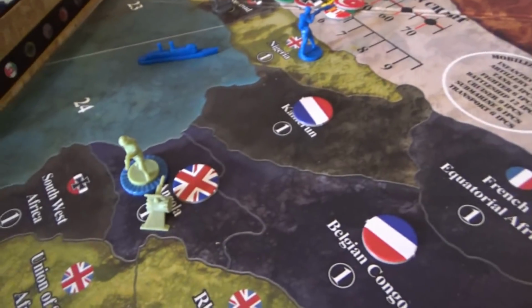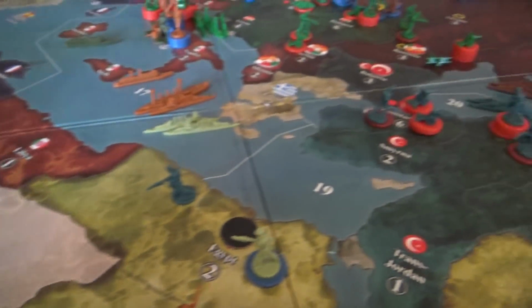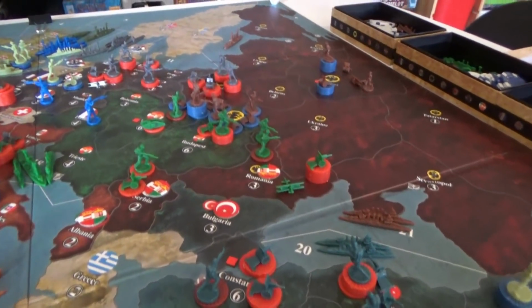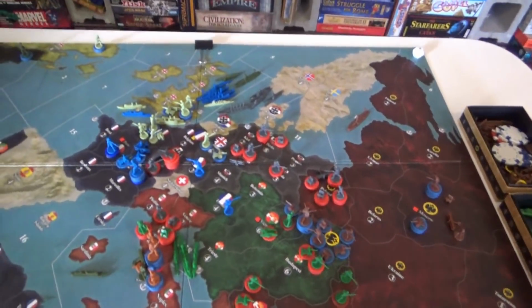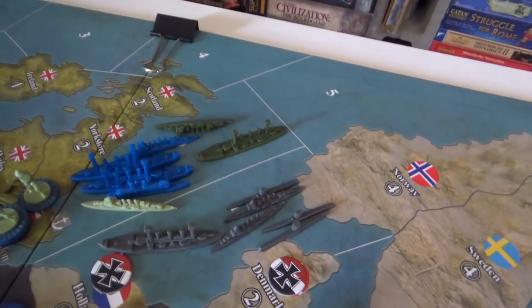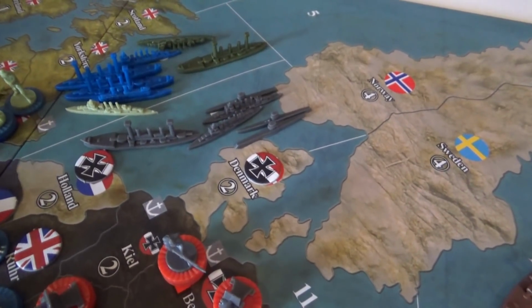Not sure if I pointed this out already. The Brits pacified the Germans down there, and just 1 German left in Africa, up in Togo. The Germans did do something interesting though, because I think they saw these big fleets here and thought, well, shoot, we don't want them to come in here and start landing in Kiel and taking Denmark and Holland for